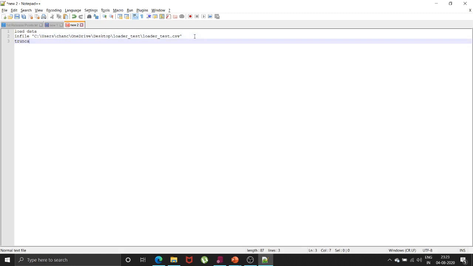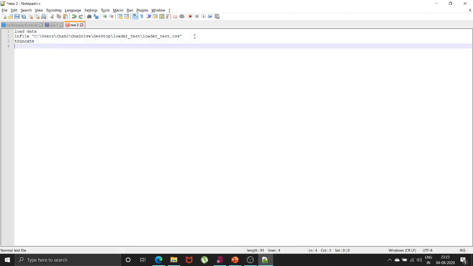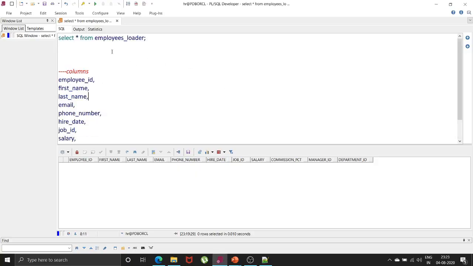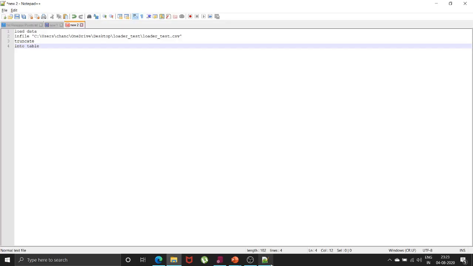Then I will write truncate, as I do not have any data, so this will not impact. Then into table. I told you that you have to give the table name, so let us copy our table name exactly. Okay, so I have given the table name over here.